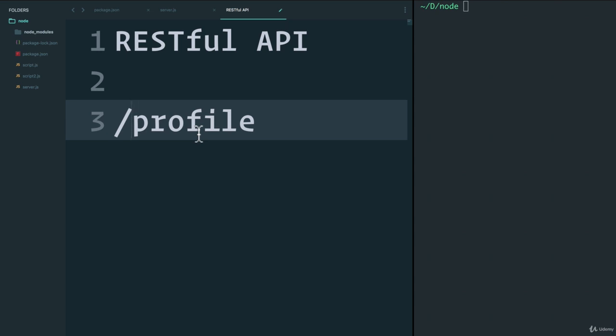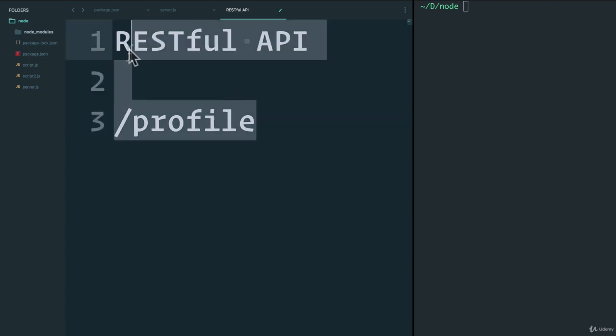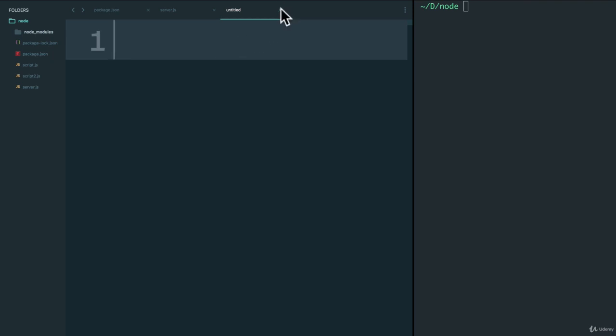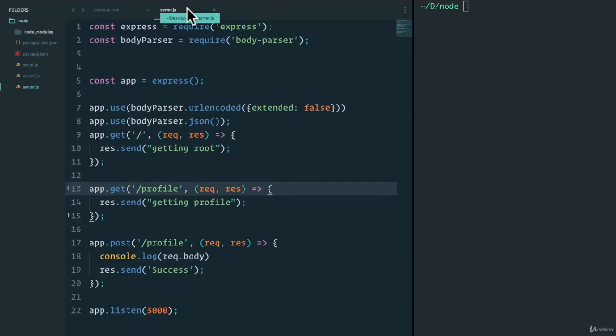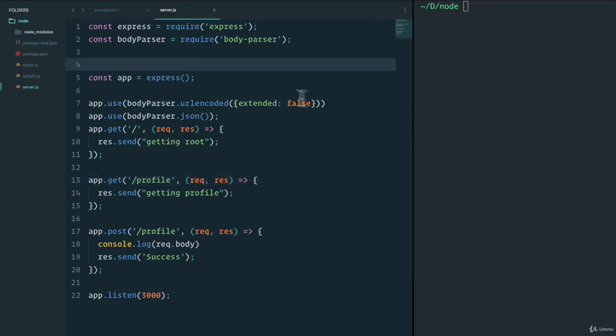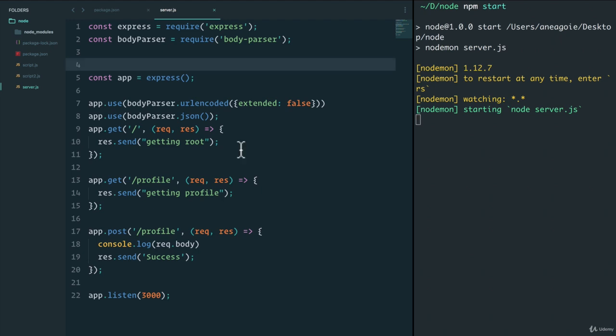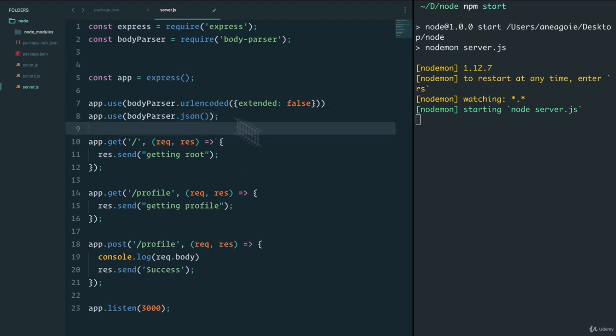So in this example, let's build a small little app that has a RESTful API. Let's make this a lot smaller. There you go. We have our previous example. We'll start the server and talk about some of the things that we can do here. Well, when we look at a GET request,